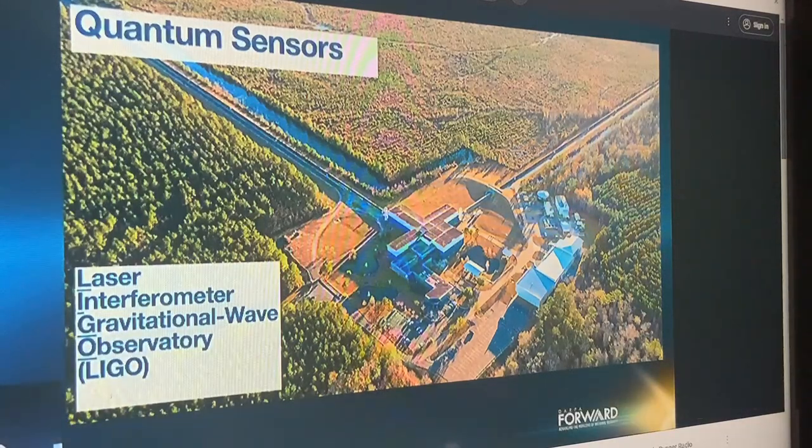Observatory. And this is the most sensitive sensor instrument that's ever been created by mankind. So they weren't trying to count the number of steps that you're taking. This sensor actually detects whether black holes smashed into each other hundreds of millions of light years away. And it's a kilometer scale sensor, so it's much larger than what you have in your phone, but that's not the only thing that makes it distinct. The other really special property of LIGO is that it uses quantum mechanical properties to increase the